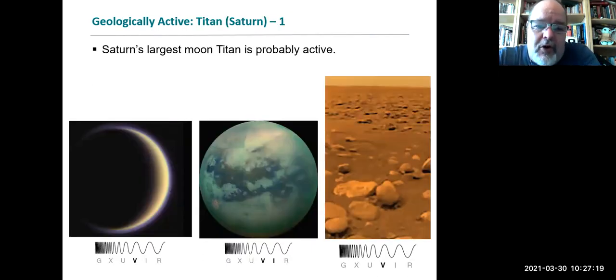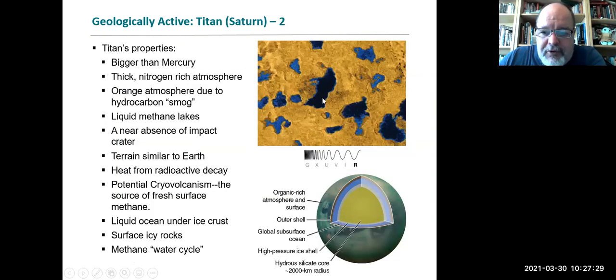So Saturn's largest moon, Titan, is probably active. So here's the cool pictures. You can see the atmosphere. See how thick that is? You can barely make out the surface. Here's some surface details where we think it actually has lakes and